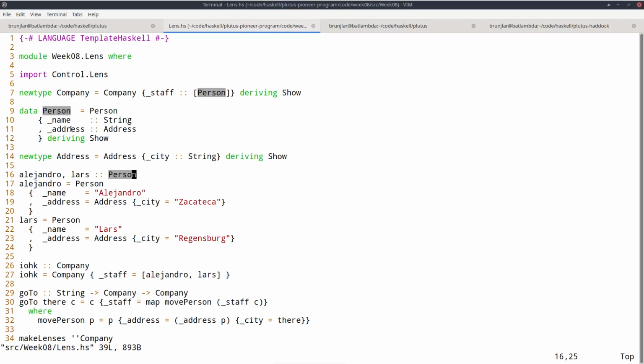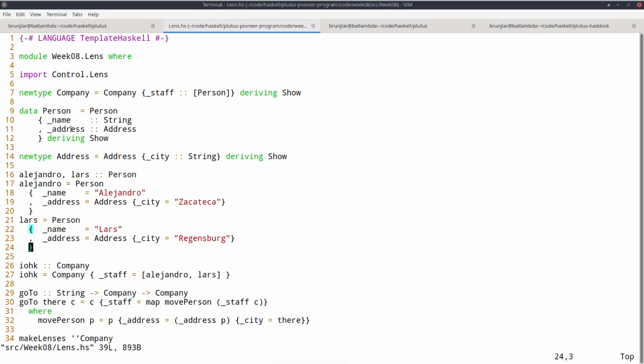And just as an example, I define two persons, Alejandro and Lars, with name and address. And finally, I define a company where the staff consists of these two persons. Now the task is to write a simple function, goTo, that gets a string as argument and a company, and is supposed to create a new company, which you get from the old company by changing all the city names, all the cities of all the persons in the staff of the company, to the given string.